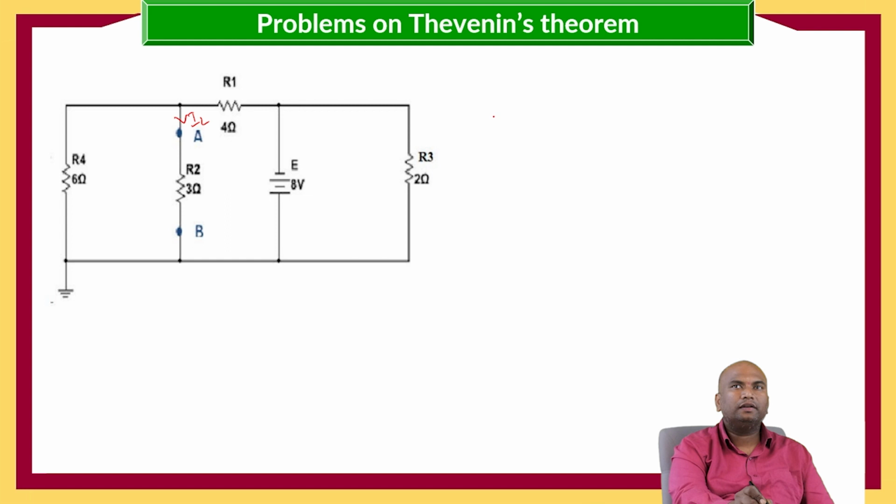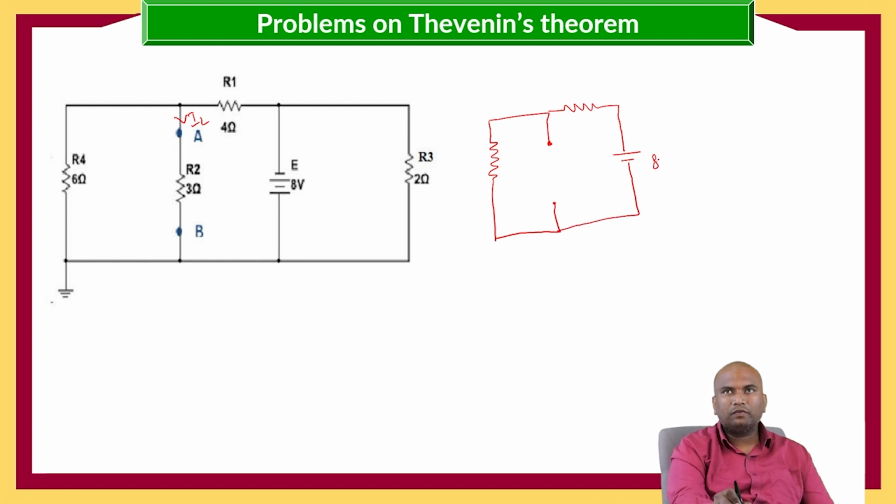Now let us redraw the circuit by replacing the load resistance with an open circuit. 8 volts, 2 ohms, 4 ohms, 6 ohms. We need to calculate the VOC from these two